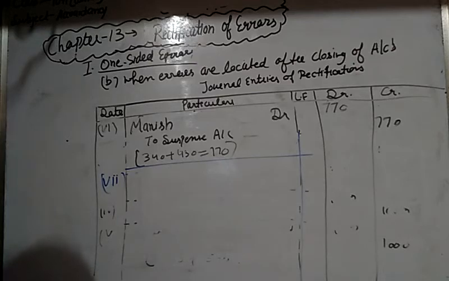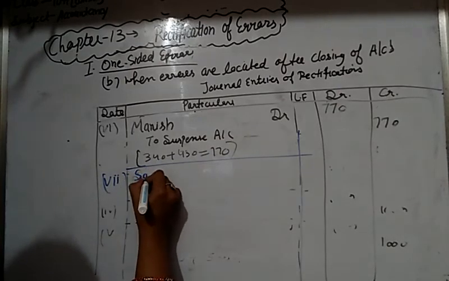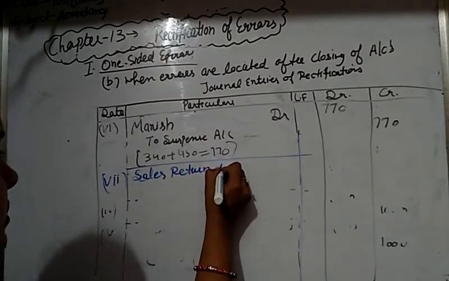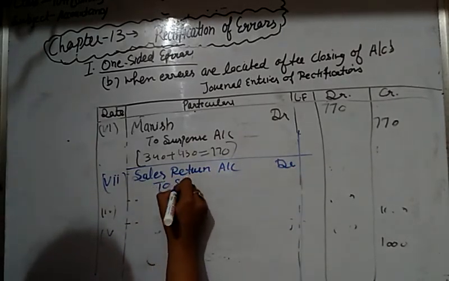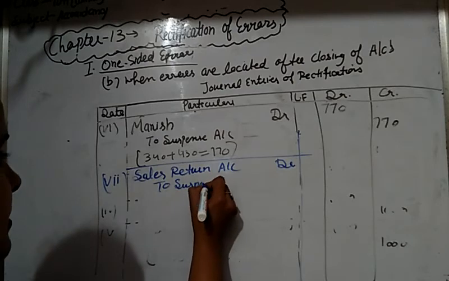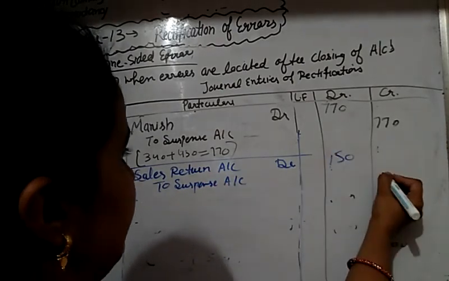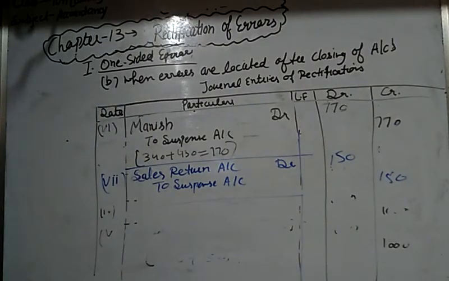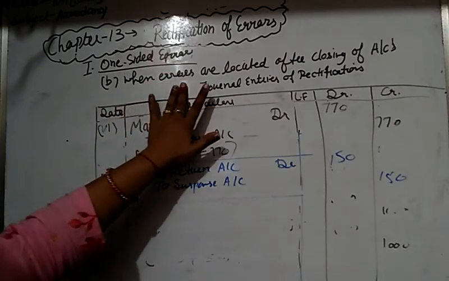So sales return account shows less by 150. So we debit the sales return account, sales return account debit to suspense account with 150. So students, this is how we can rectify the entry of one-sided error in case when errors are